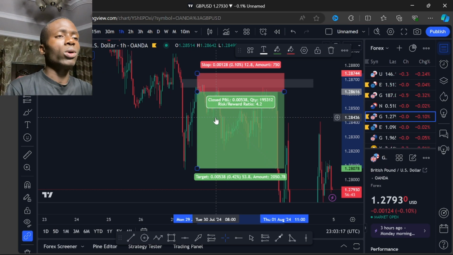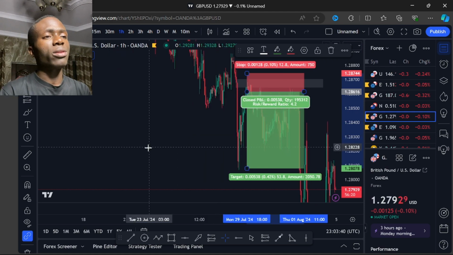So when it comes to identifying your supply and demand levels, there are a few rules that you need to put in place in order to help you get them correctly. What I'm going to do is give you the rules. After that, we are going to implement the rules and do some little back testing to show you that these are the exact things you need to put in place in order to actually make supply and demand work for you. So now the first thing is that,